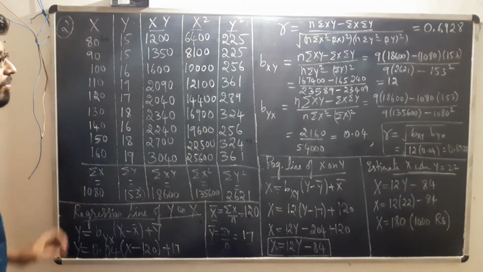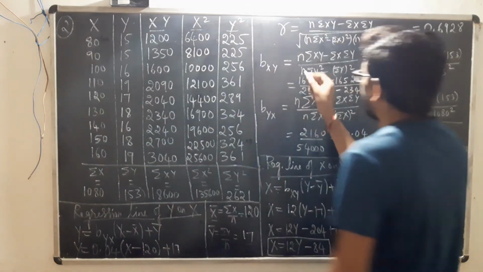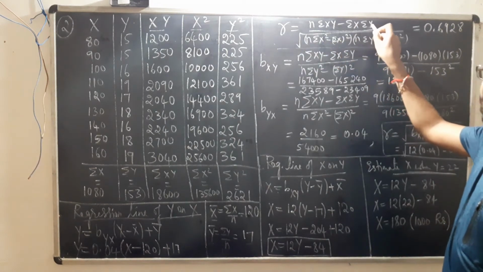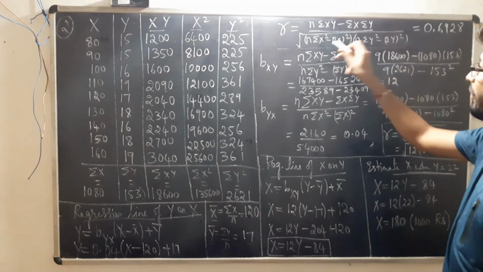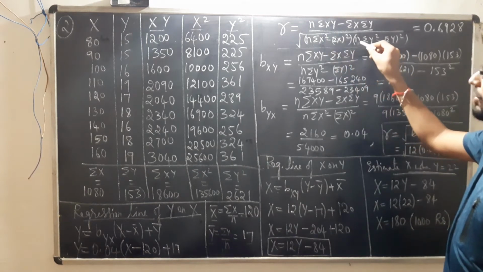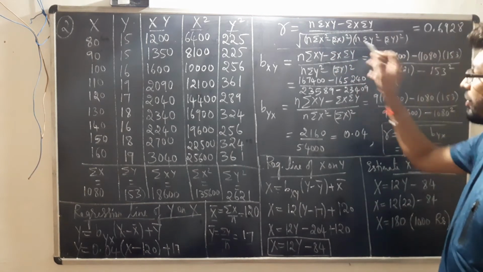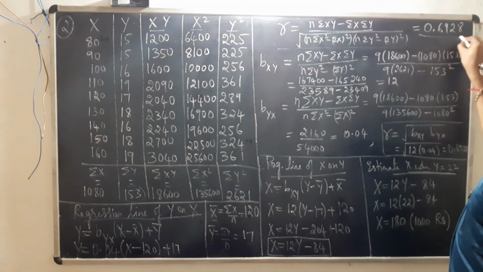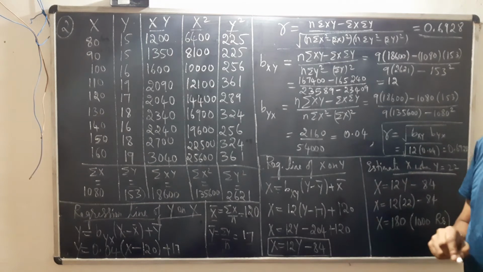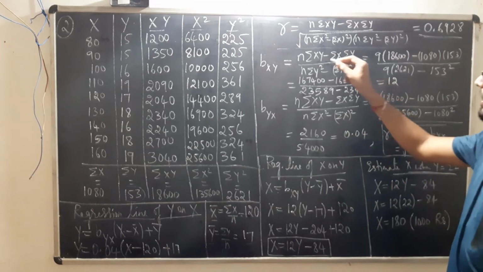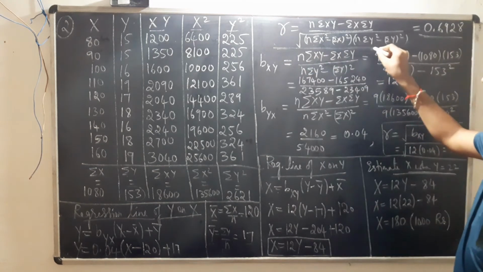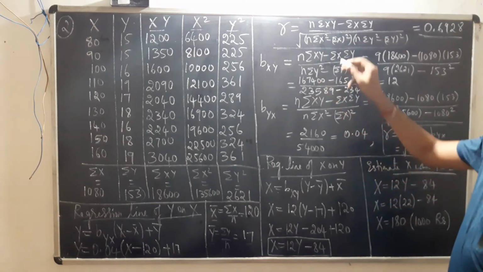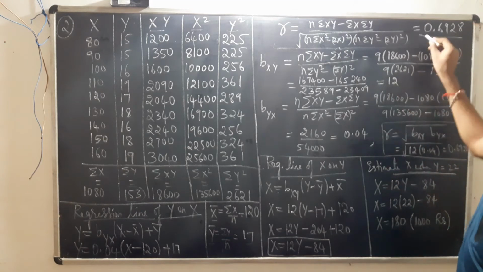So next we have to compute the coefficient of correlation. So the Karl Pearson coefficient of correlation r is equal to n sigma xy minus sigma x sigma y divided by square root of n sigma x square minus sigma x whole square, n sigma y square minus sigma y whole square. So substitute the value of n, the totals here, simplify, observe r is equal to 0.6928. So I have already sent you the video regarding the computation of Karl Pearson correlation in problem 1. So you could refer to those things and compute the